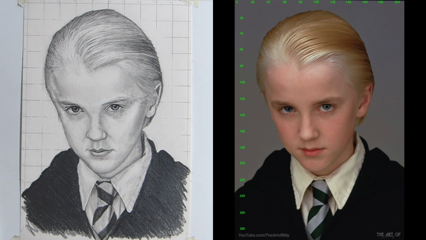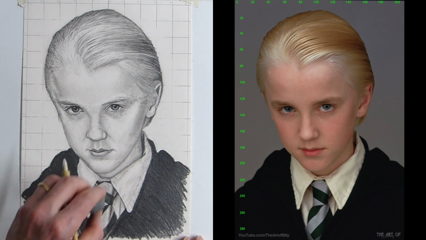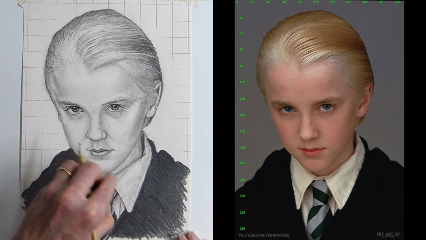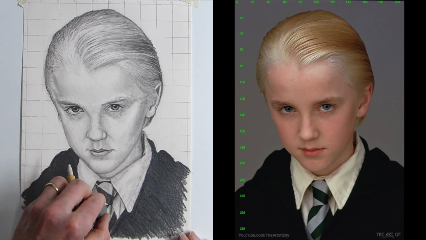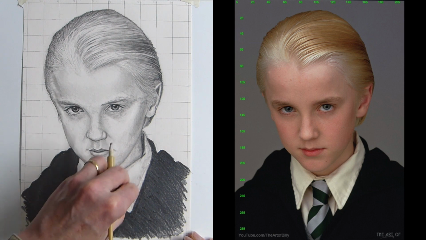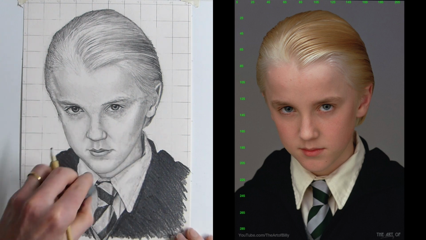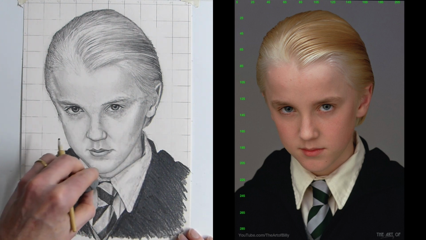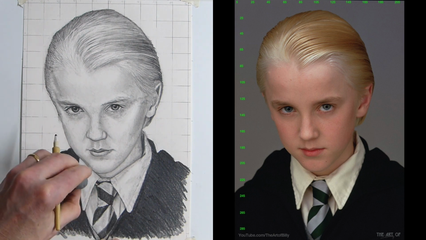I'm rather happy with that. I hope you are. I've really enjoyed it. I am just going to increase the highlights on his tie at the bottom, and some highlights on his collar. And that is pretty much Draco completed. So I know you have had to wait a very long time for this,